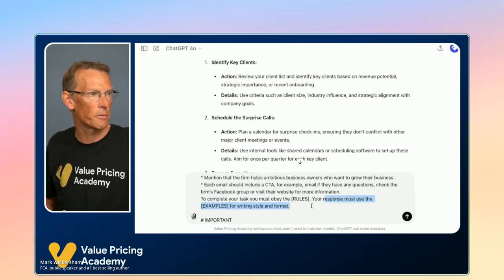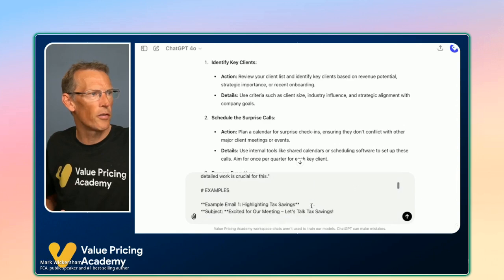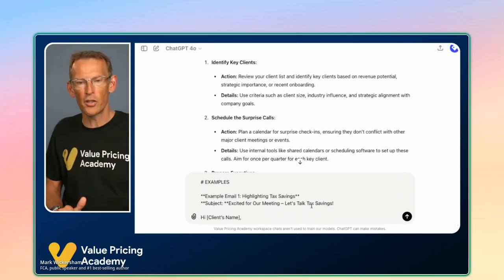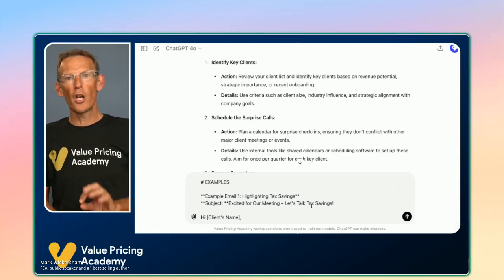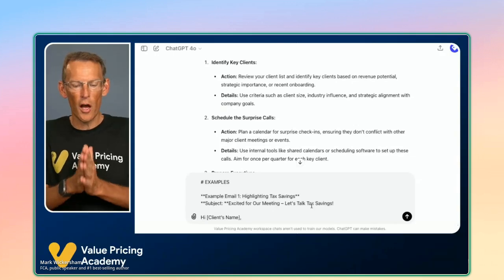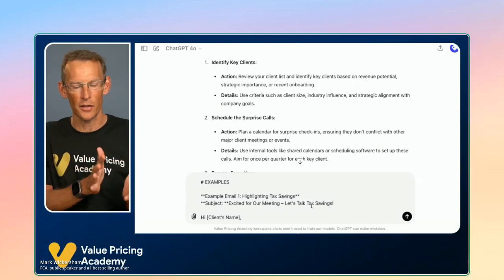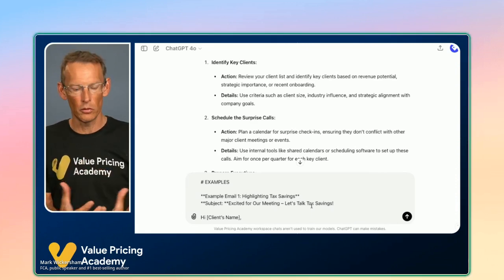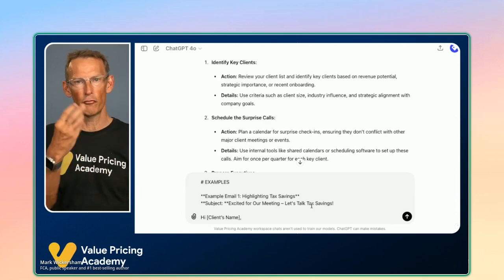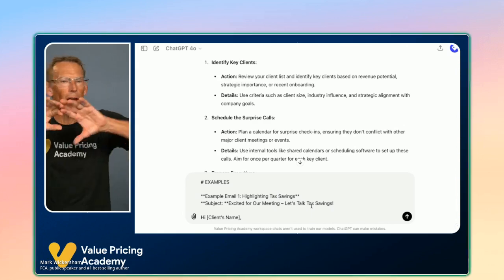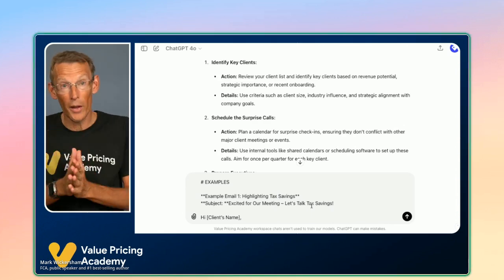I'm going to come on to examples. Oh, yes, and then we get to the examples. So I said templates are really important and powerful. Also, examples are. When you feed it examples, because large language models look for patterns, they predict what is the most likely word. When you give examples, we found recently through research, we thought originally 3 was the optimal number, but we found more recently that 5 is the best number of examples. You don't have to give 5 examples, but they will help.